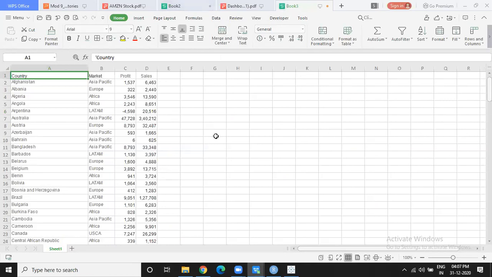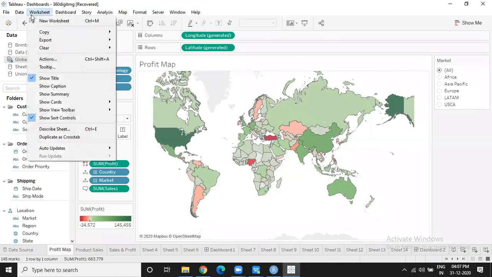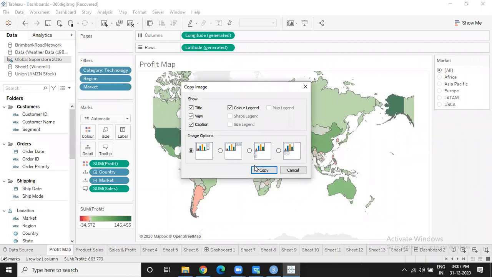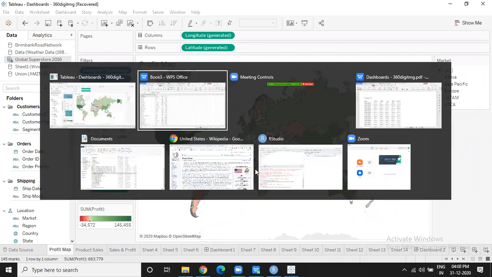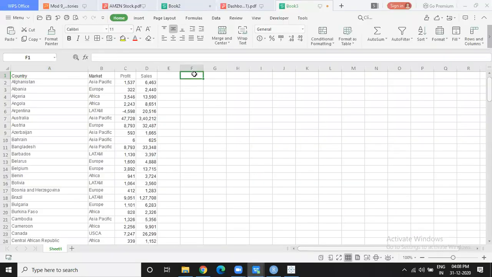Graph you want to export, then you have to use the options to copy it as an image or export it as an image. So we can copy it as an image. After we have copied it, we can go and paste it somewhere, wherever we want to paste it and show it as an image. But directly, the option to export the graph into an Excel is not there. Exporting to PPT is there, exporting to PDF is there, exporting as an image is there, but exporting the graph into a Excel is not there. Data will get exported.